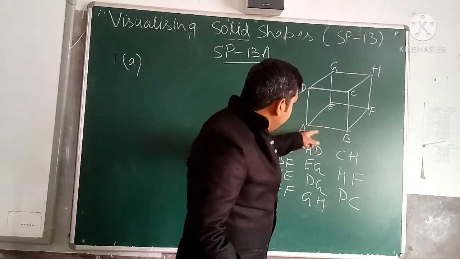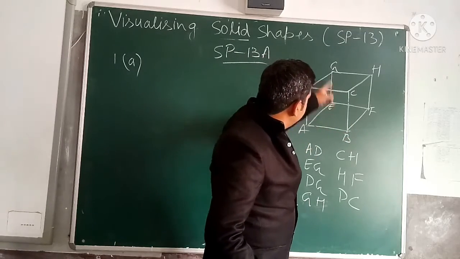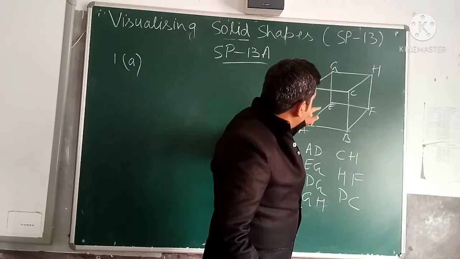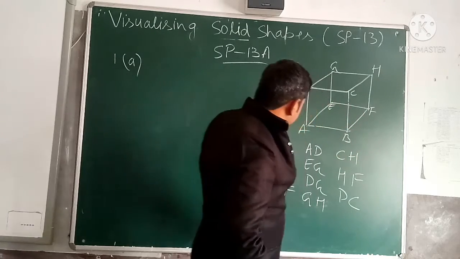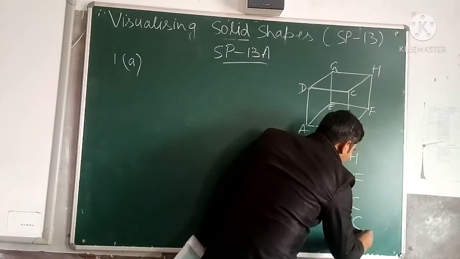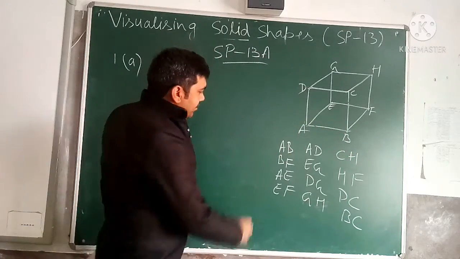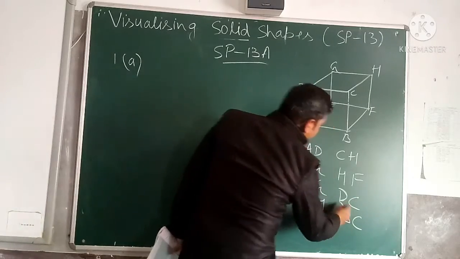So we have taken this one AB, BF, EF, AE. AE taken, AD taken, DG taken. Now here we have taken EF also, CH. Now BC, we have not taken. See, BC is remaining next. Now see, 4 edges, 12 edges are there. 1, 2, 3, 4, 4, 8, 12. So these 12 edges are there.